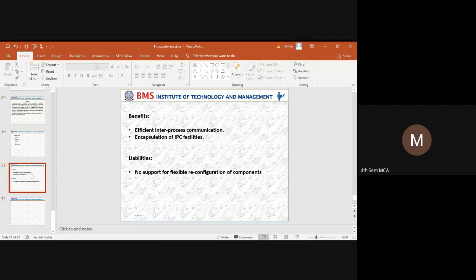So from the end user or the peer, whatever functionality is going to be carried out will be hidden. The liabilities are no support for flexible reconfiguration of components. If you want to make any reconfiguration or upgradation of the components when we have implemented the forwarder receiver pattern, it is not going to support that. So that is all about the forwarder receiver pattern.